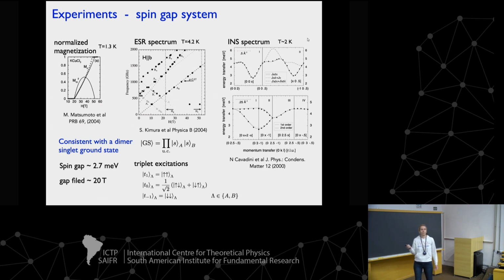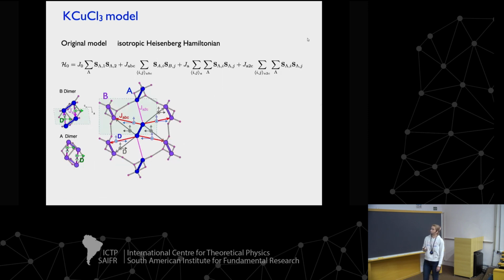And that's a fully isotropic Hamiltonian that can describe these excitations quite well. The solid lines that you can see here are in fact the theoretical calculations for the neutron spectrum. So this is actually where we start. We begin with this Heisenberg Hamiltonian, and I'm sorry, there will be a lot of interactions, so I apologize. Please bear with me. I will try to be slow, but it's going to be vexing.